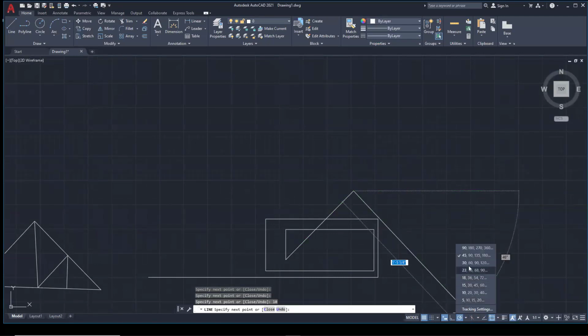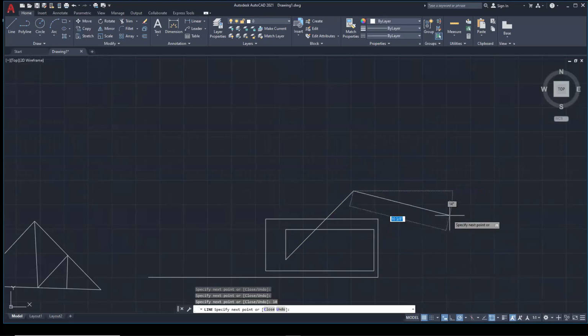Similarly, I can do 30 degrees. So as I come across, there's a 30-degree line. There's 60 degrees, 90, 120. So every 30 degrees, all the way around 360 degrees, all the way around the circle, it will track for me